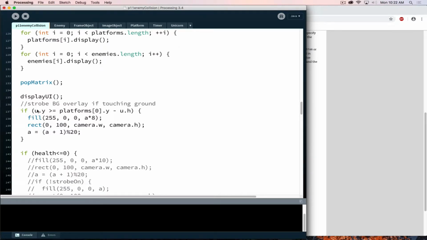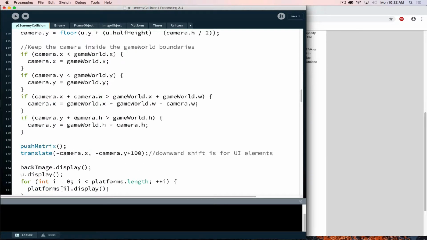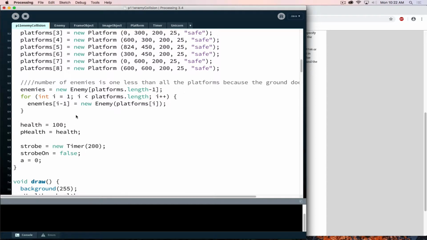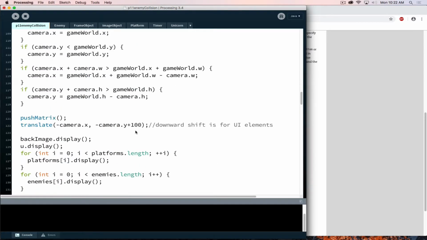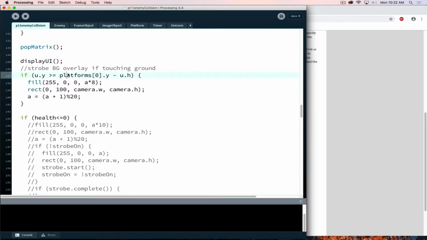So if the unicorn Y is now equal to platform 0, and if I go back up to the top, we'll see platform 0 just happens to be the ground, and it has a death value associated with it. So when I'm on the ground, I'm going to create a fill color that is red,